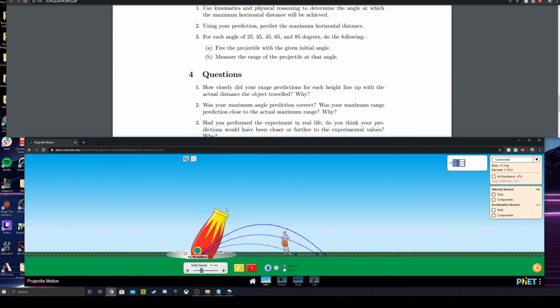Next, we're going to jump up to 65 degrees, and I'm actually going to clear these because it's going to get a little cluttered if I don't. All right, so we just fired, and you can see it actually went back a little bit, and looks to be about 7.78 meters at 65 degrees. And finally, we'll fire it at 85 degrees, which is almost straight up in the air. And you can see we traveled about